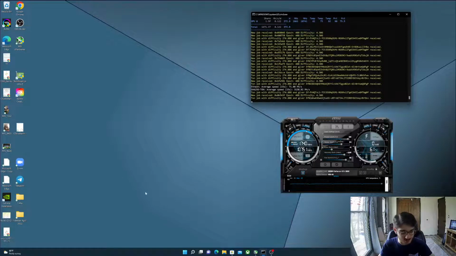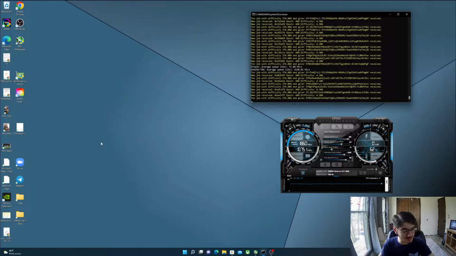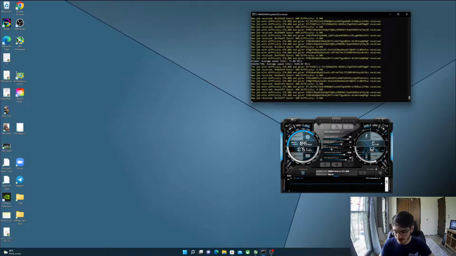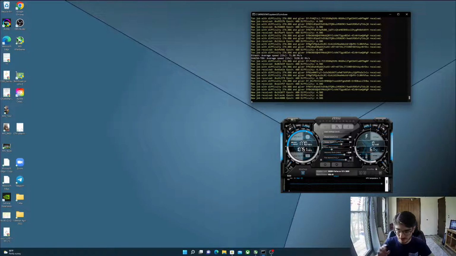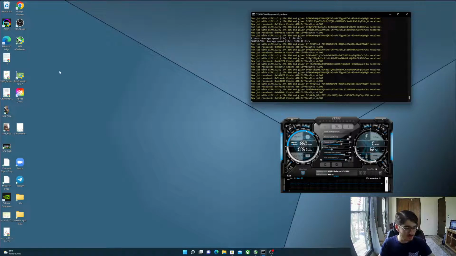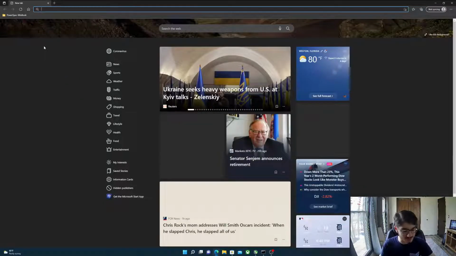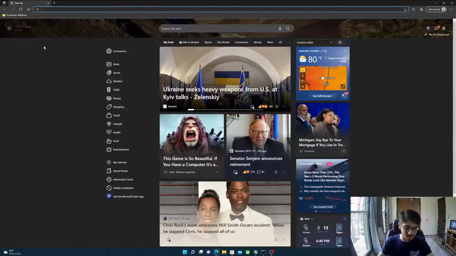I'm going to go over how to set up mining Ethereum on your Windows 11 PC. So first thing you need to make sure is that you're connected to the internet through Ethernet or Wi-Fi. And then you're going to want to go to whatever browser you have downloaded. Usually you have Microsoft Edge. And then you go on there and you type in